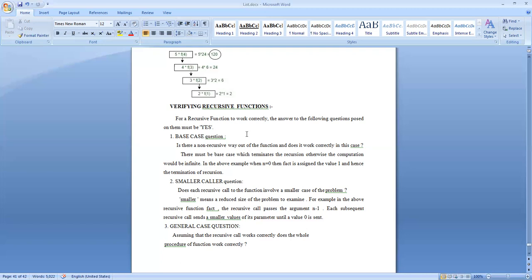Without the terminating condition, the function will keep on calling itself, and you put yourself into an infinite calling. So the recursive call will not terminate. So the recursive function should have a terminating condition.